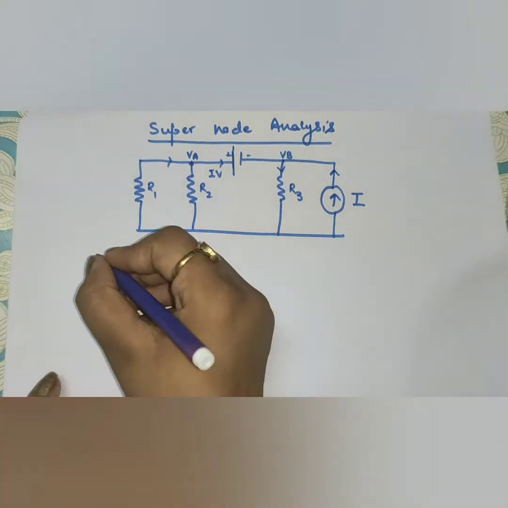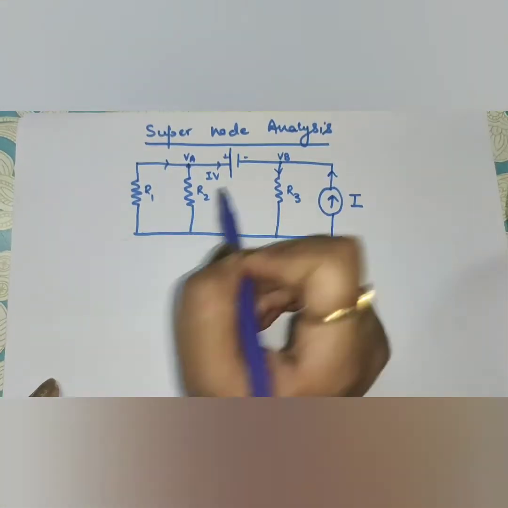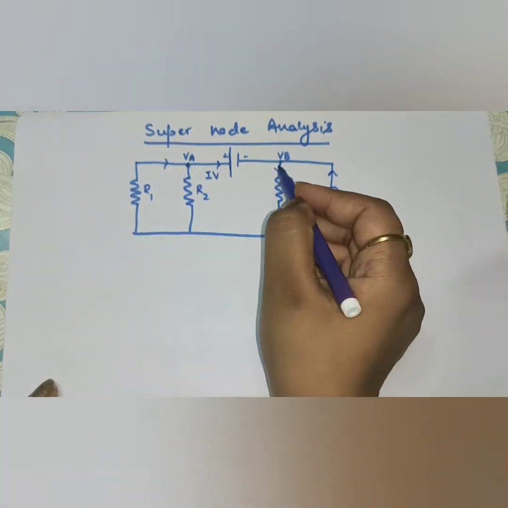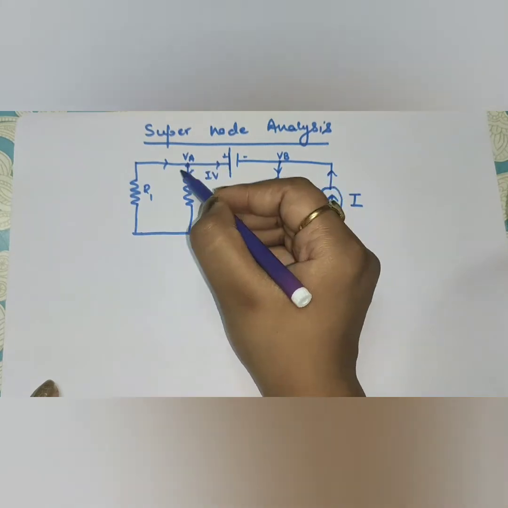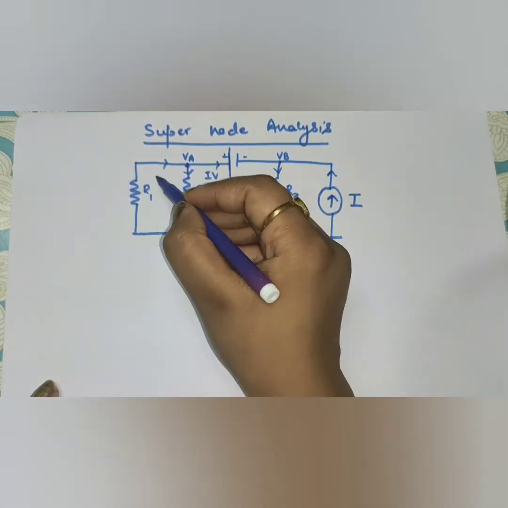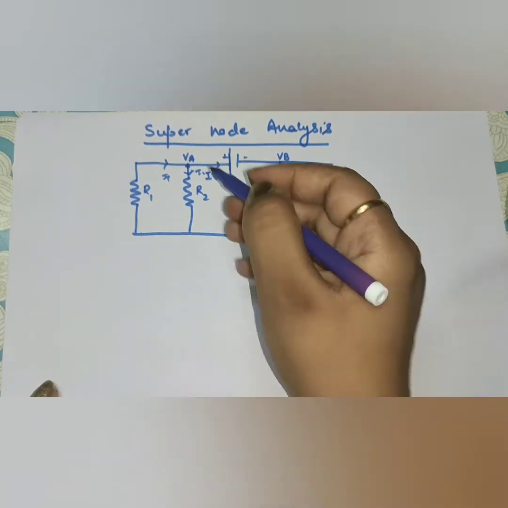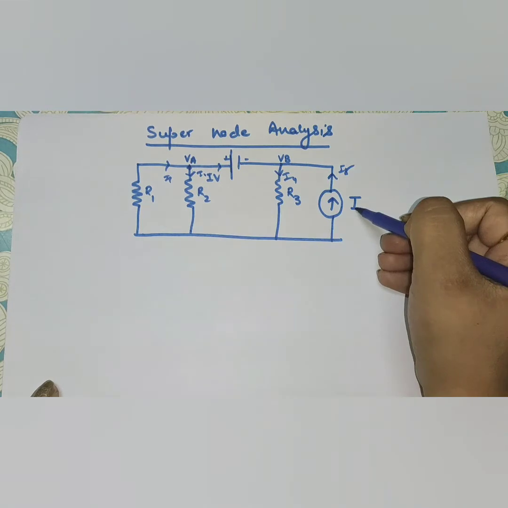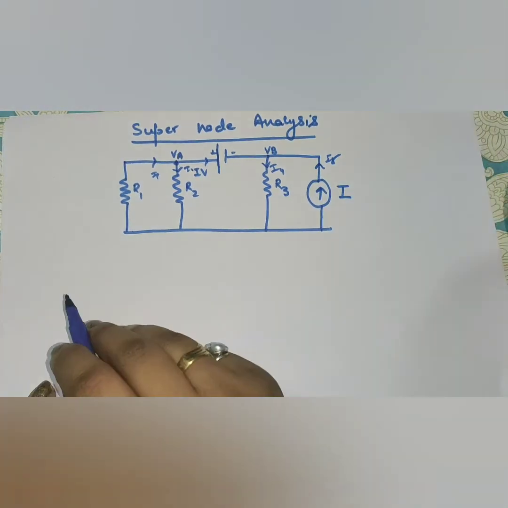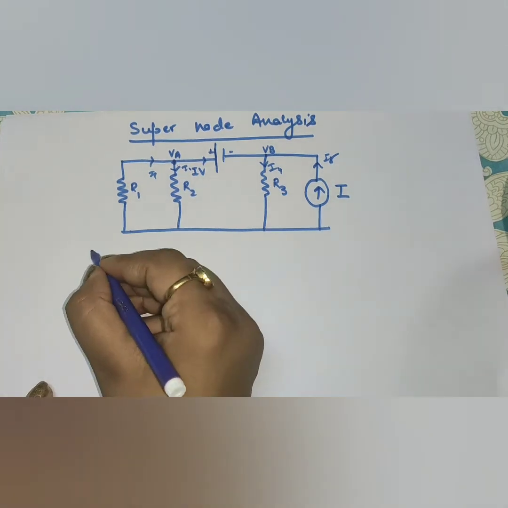This is our generalized circuit diagram. R1, R2, R3 are present and the nodes are VA and VB, the potential of the two nodes, and I1, I2, and the current directions are as shown. IV is the current direction for this voltage source, and I4 and I5, because this is a current source, so only current I is flowing; we can say I5 is I. Now apply KCL